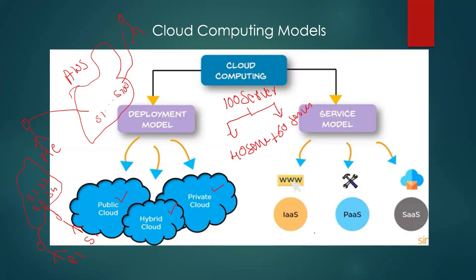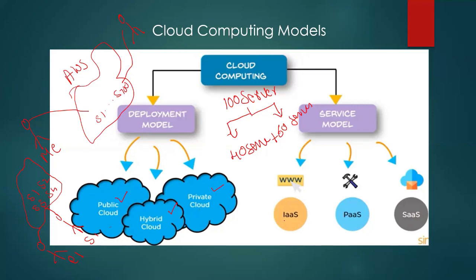Now what does it mean? Infrastructure as a service means it is a service that will provide you the required infrastructure. Let's say I want servers from the cloud. Then I can use a service present in the cloud that will help me get the required infrastructure. So here you will get raw servers, then all the required installation.